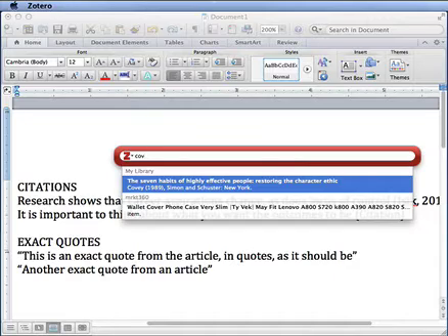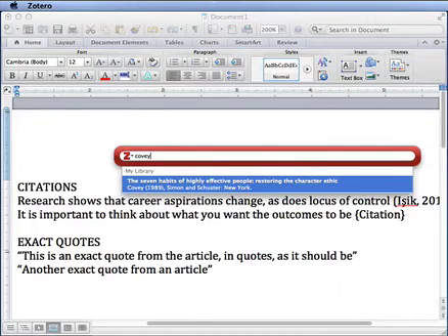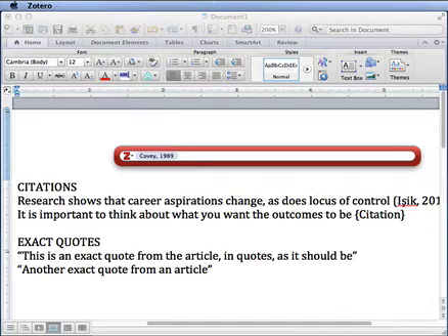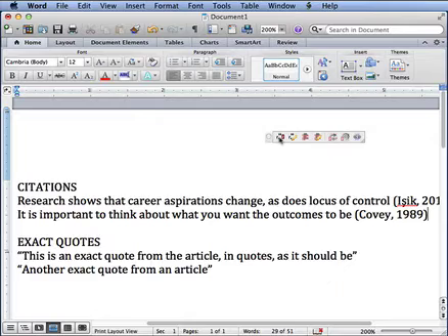I find the one I'm looking for, I arrow down to it if I need to, or just keep typing until it's the one that's highlighted, and I hit enter, and it's automatically going to bring it up there. I hit enter again, and it inserts the citation. It is fantastic. Let's look now at the other kind of citing that we do,